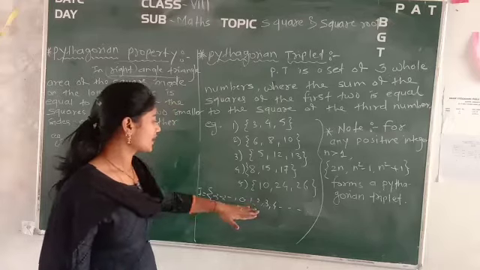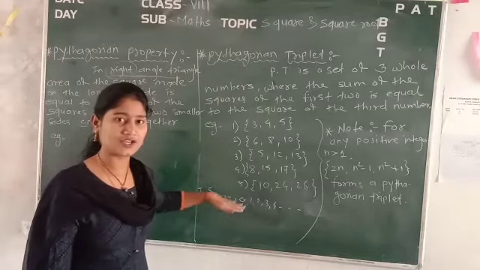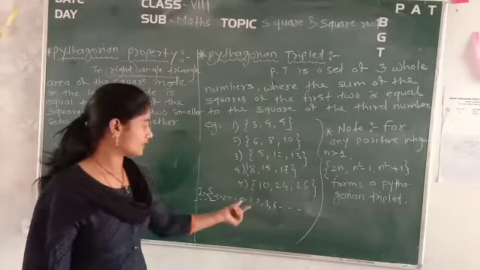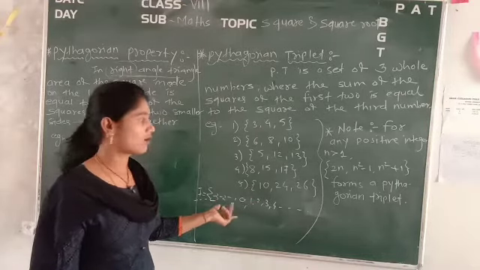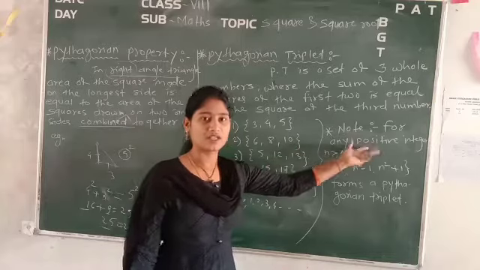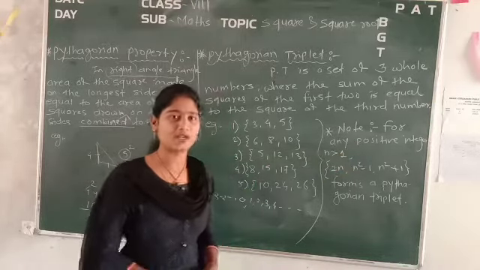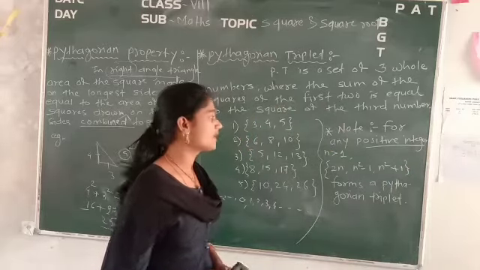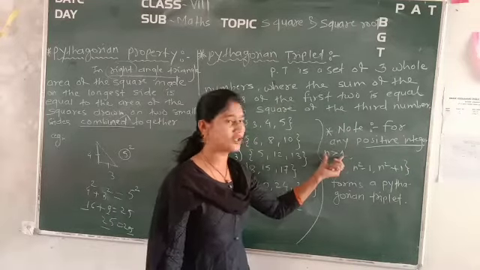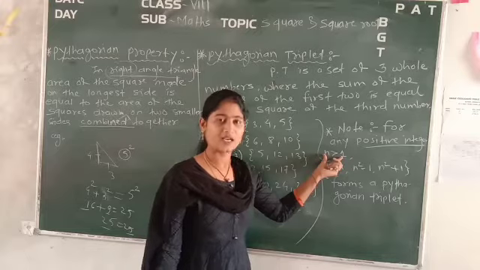So see, apart from this, an integer can be 0, positive, or negative. But what you have to find out is only positive integers. It means you have to take only positive integers. Now if you take the positive integer, it should be greater than 1. Obviously, greater than 1 only.